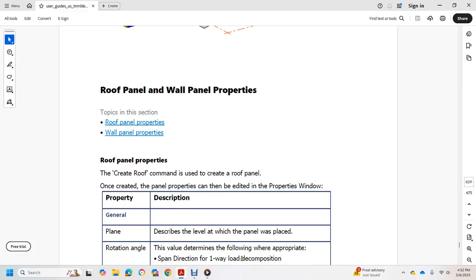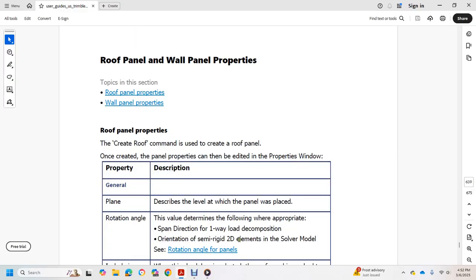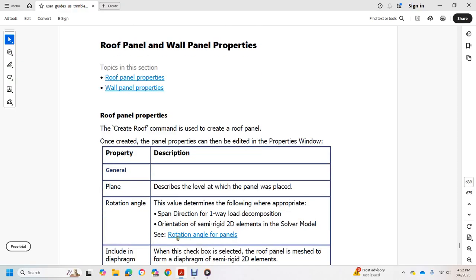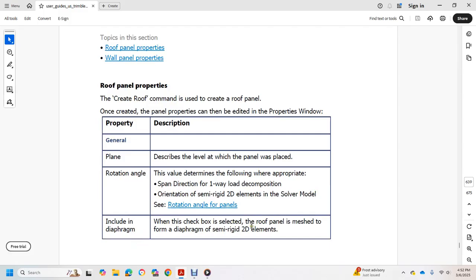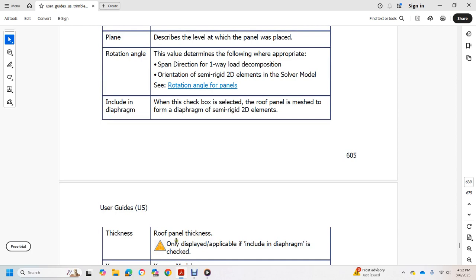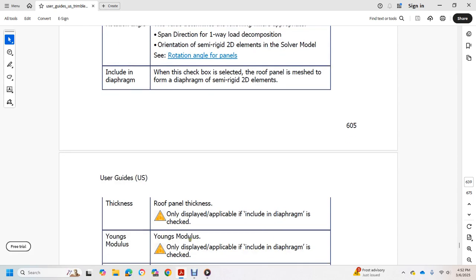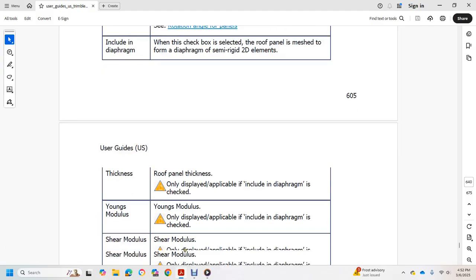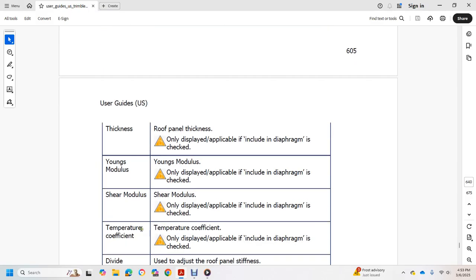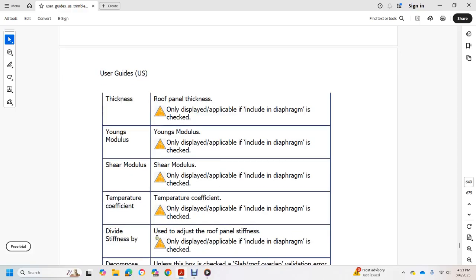value of the appropriate span direction. When weight, load, decomposition, orientation, semi-rigid 2D elements, solve the model: include a diaphragm with the check box, select the roof panel mesh for the diaphragm, and semi-rigid with the 2D elements. For the thickness of the roof panel, the thickness is only displayed; include the diaphragm check with the Young's modulus, shear modulus, temperature coefficient, and the divided stiffness of the roof